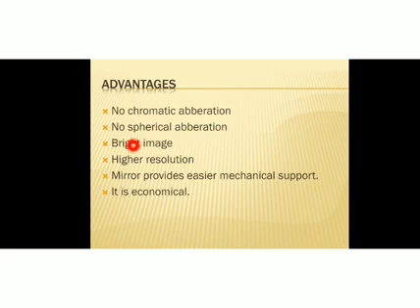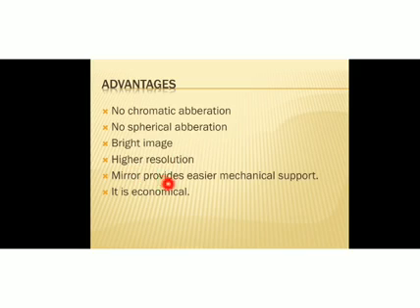Now, the third advantage is that a bright image is produced because there is no loss of light due to reflection and absorption by the objective. In a lens, refraction is occurring, and due to refraction there will be loss of light. So the brightness of the image will be reduced. But if a mirror is used, there won't be any loss of light due to reflection and absorption by the objective. So the image will be bright, and higher resolution can be obtained by using a mirror of large aperture.